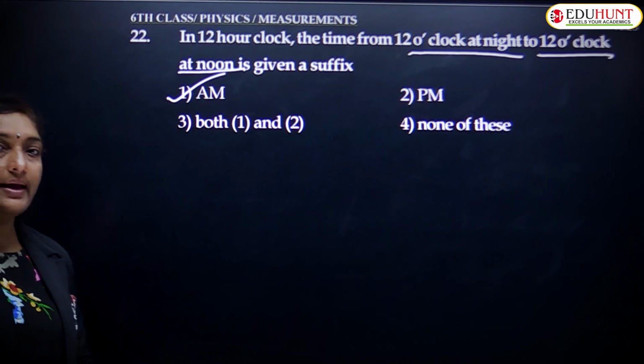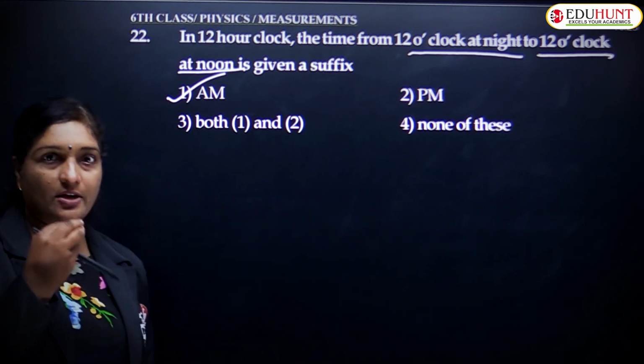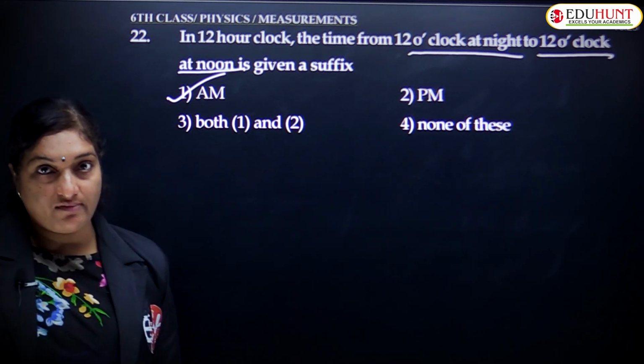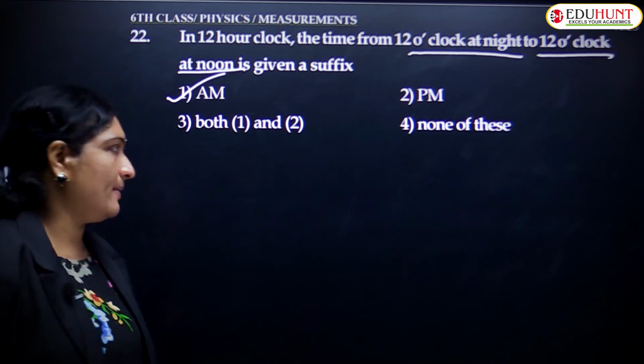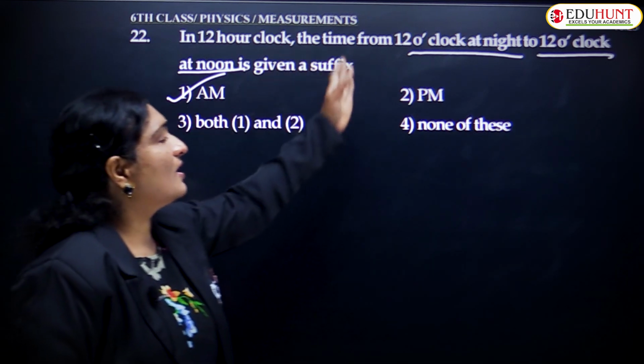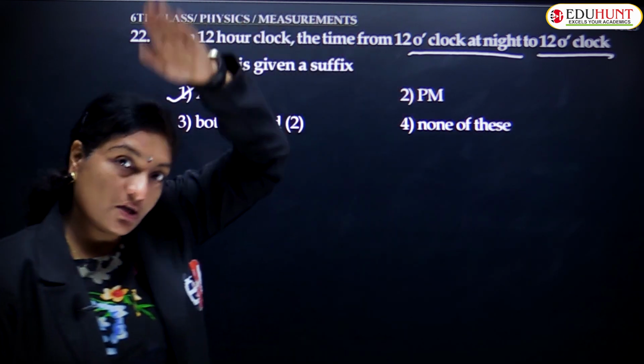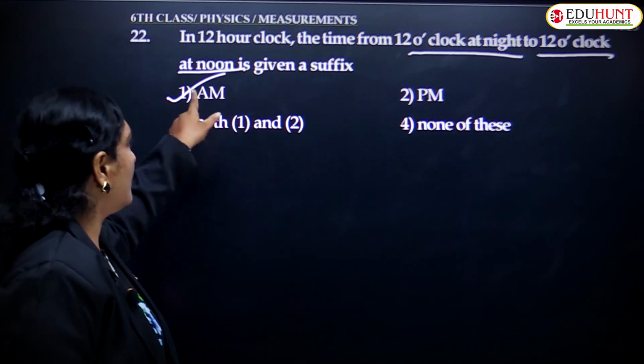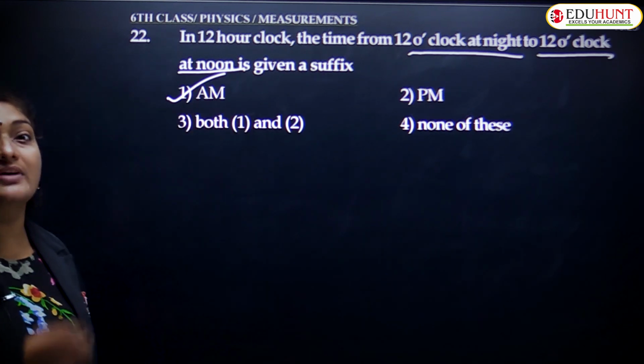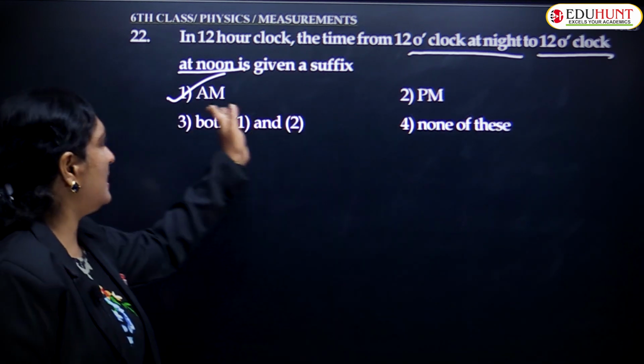Again, after you have your lunch, after 12 o'clock noon, whatever you count is called p.m. So your answer is 12 o'clock midnight to 12 o'clock noon, it is called your a.m. P.m. is post meridian, after meridian.